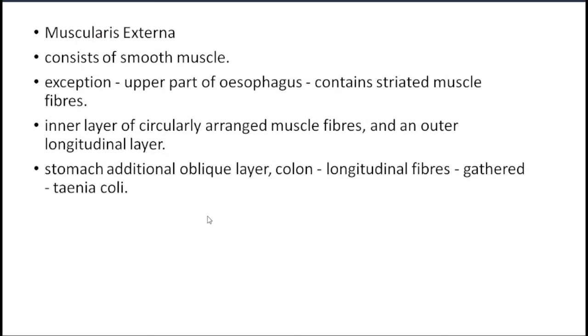So you get two sphincters mostly, which are visible and palpable when you see the stomach. So that is the pyloric sphincter. This pyloric sphincter is mostly present around the pyloric end of the stomach, and you will also get another sphincter, the internal anal sphincter, which surrounds the anal canal. The cardiac sphincter is not well marked; there is a physiological sphincter, but the anatomical sphincters are the pyloric sphincter and the internal anal sphincter.